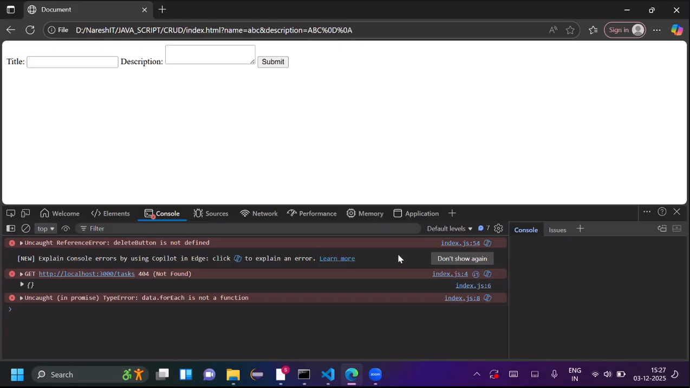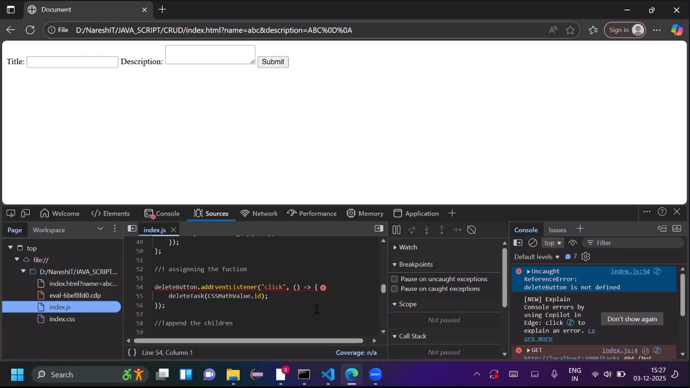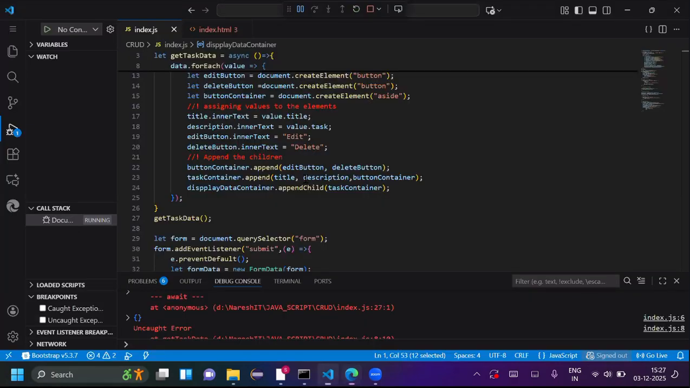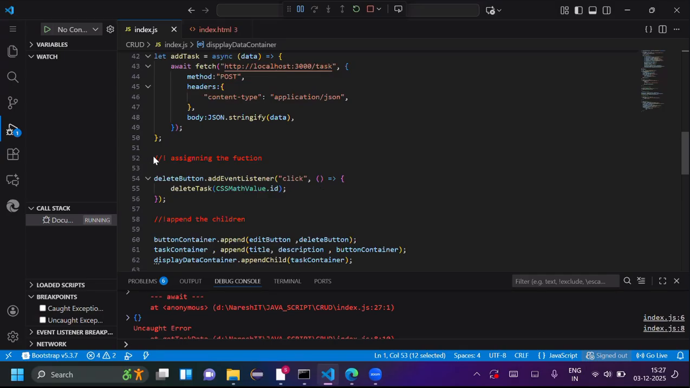हाँ, वहां पर लिखा है देखो कंसोल में index.js 54। डिलीट बटन डॉट ऐड इवेंट लिस्टनर, ये वाला इंडेक्स। ओके, एक बार खोलो, ओपन करो। असाइनिंग, ये यहाँ पर क्यों आ गया? इसको हटाओ यहाँ से। ये लाइन नंबर 52 से लेके 62 तक पूरा हटाओ।